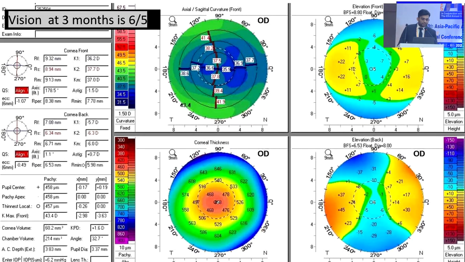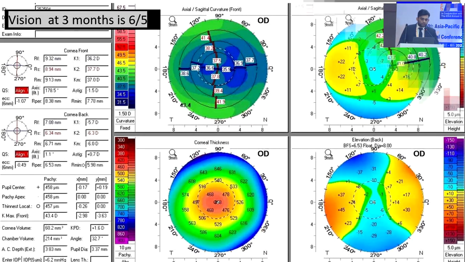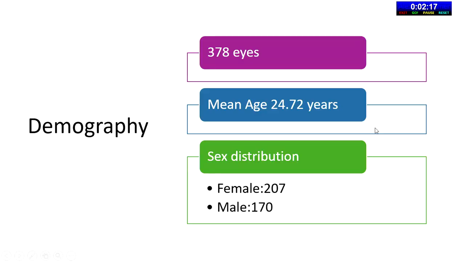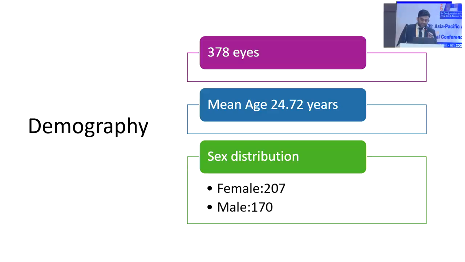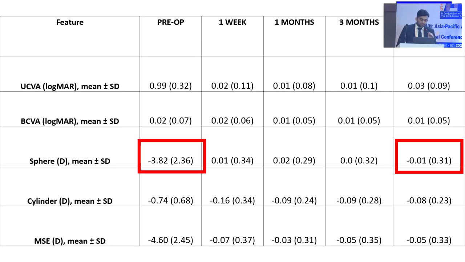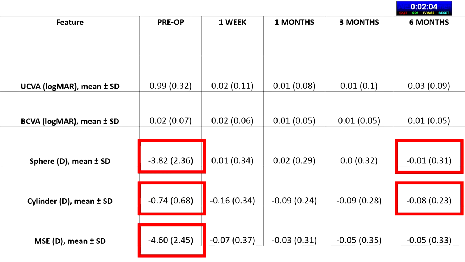This is what we did for this patient. And at the end of 3 months, the vision is 6/5. More importantly, if you look at the axial or sagittal curvature, you can see that the astigmatism pattern looks more or less same pre and post operatively. To come to our outcomes, we had 378 eyes with mean age of 24.7, male to female ratio 170 to 207. When we come to outcomes in terms of sphere, cylinder, and mean spherical equivalent, all have improved both statistically